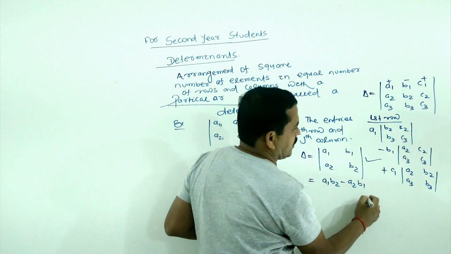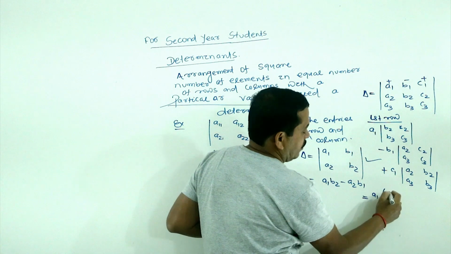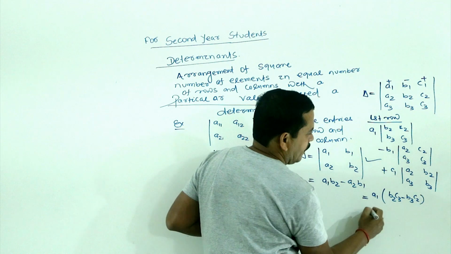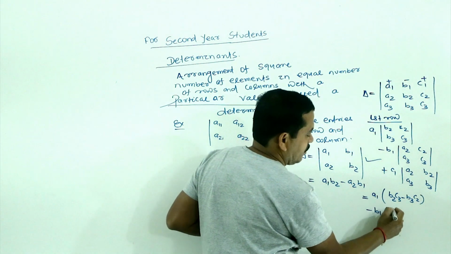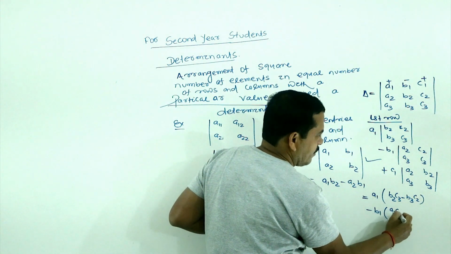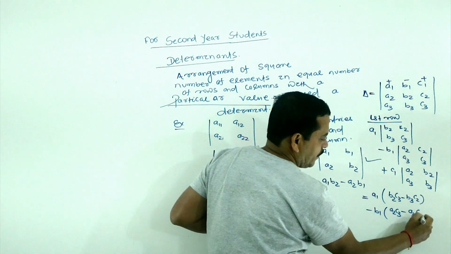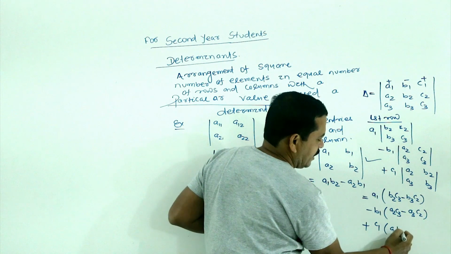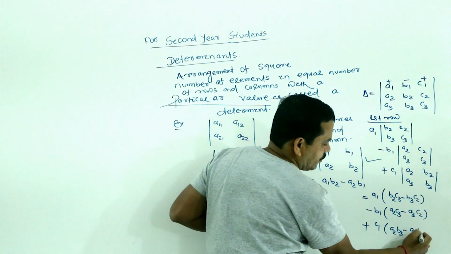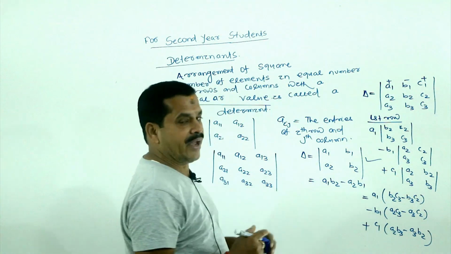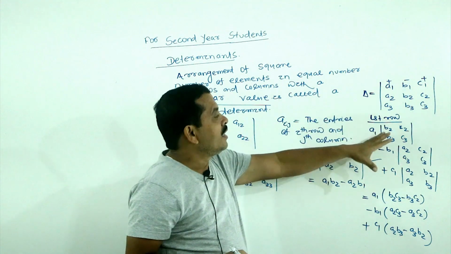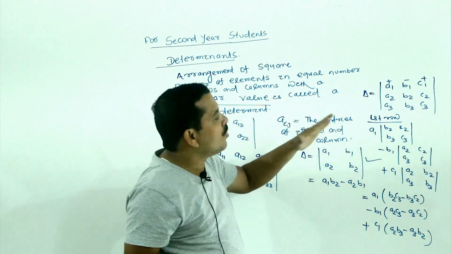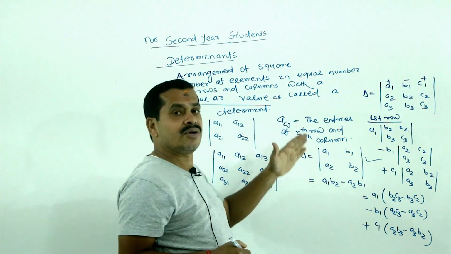So this is expanded as A1 into (B2 C3 minus B3 C2), minus B1 into (A2 C3 minus A3 C2), plus C1 into (A2 B3 minus A3 B2). In this way we can expand in the first row, and also the second row, third row, and first column, second